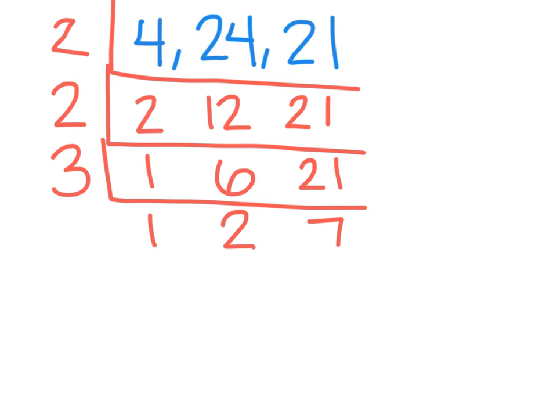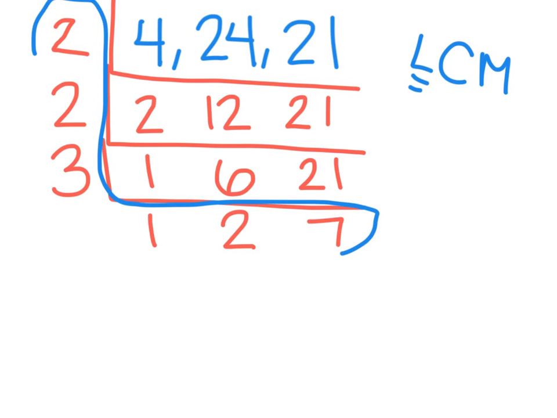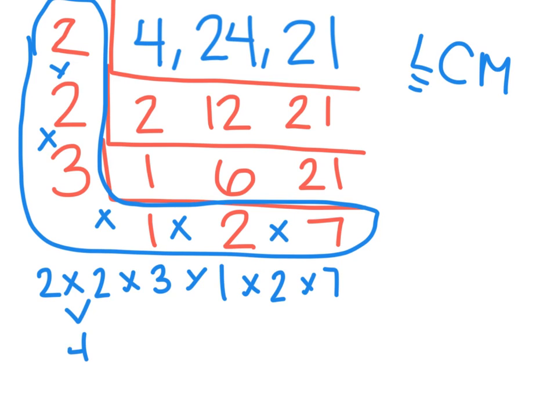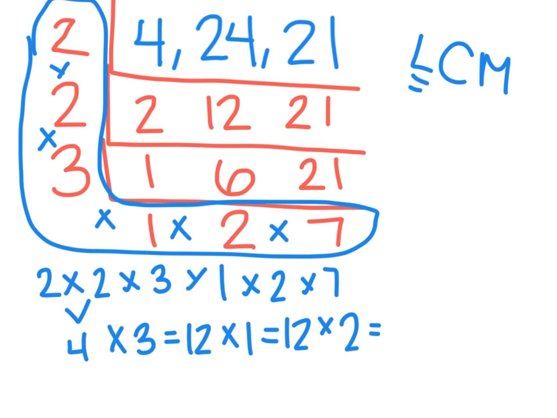Now I have 1, 2, and 7, and there's not a prime number that I can divide at least 2 of them by. So since it's least common multiple, remember the L, we're going to build our L. And then multiply all the numbers that fall inside our L. So I have 2 times 2 times 3 times 1 times 2 times 7. 2 times 2 is 4, times 3 is 12, times 1 is 12, times 2 is 24, times 7 is,